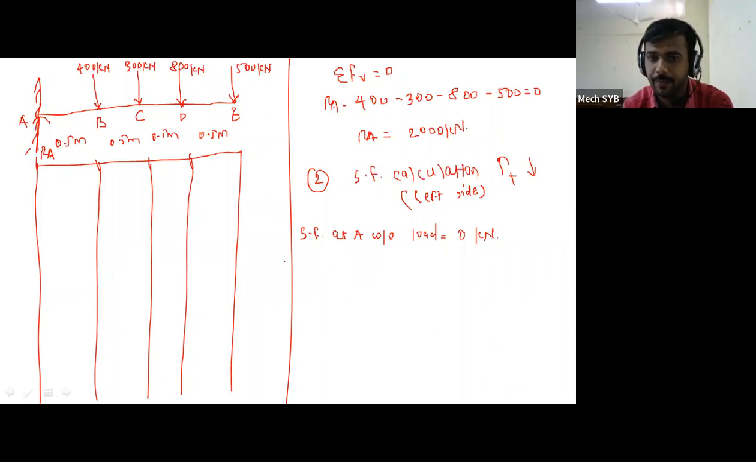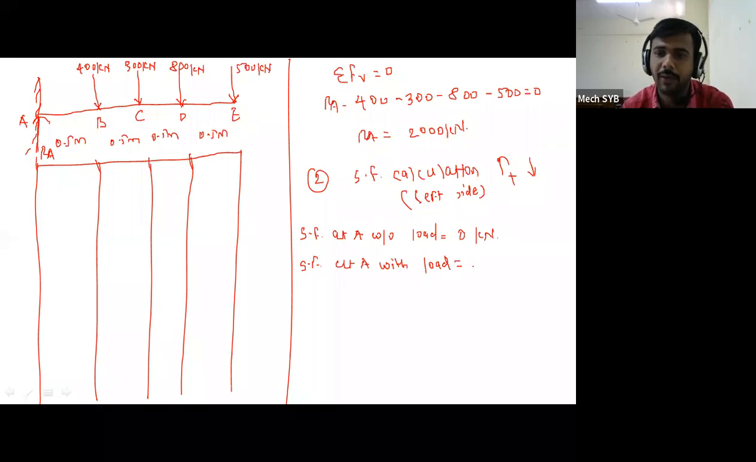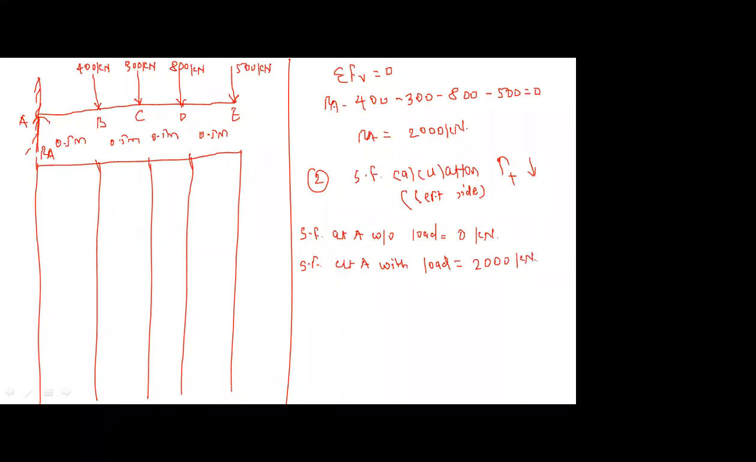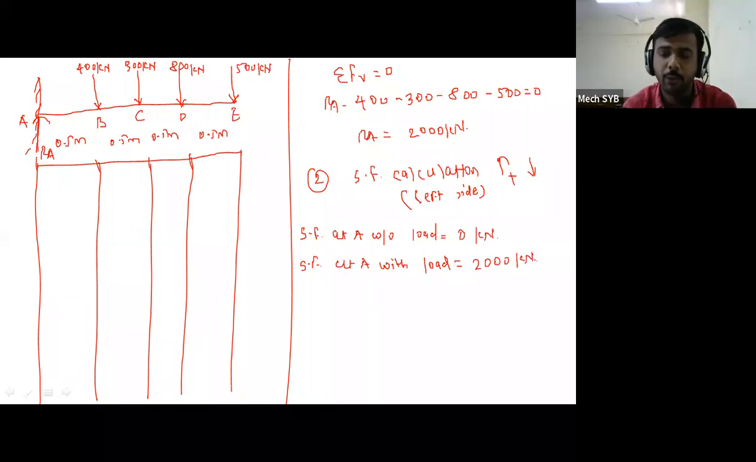Then SF at A with load. With load means what is the value of RA? It is moving in the positive direction, 2000. 2000 kilonewton. As the reaction RA is moving upward, therefore we have to take positive, plus 2000 kilonewton. Then next point,